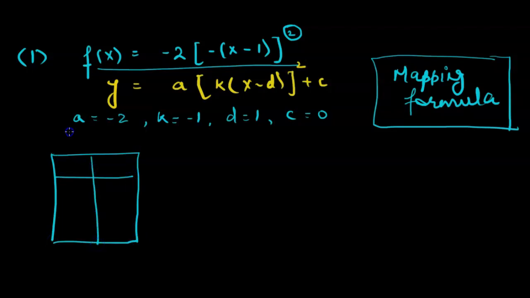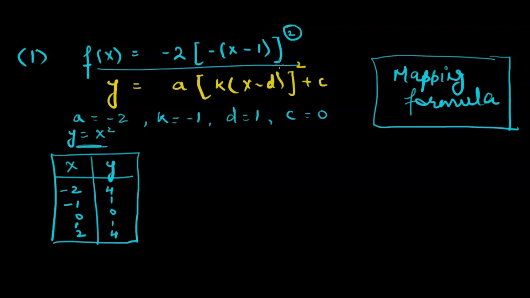So my parent table of values comes from y is equal to x square. So here goes x, here goes y. For x I know I have to put negative 2, negative 1, 0, 1 and 2. That we have already covered when we were making the graphs of parent functions. When we put negative 2 square, y becomes 4, 1, 0, 1 and 4. Once we get this, it will result in the graph of the parent function of this equation.